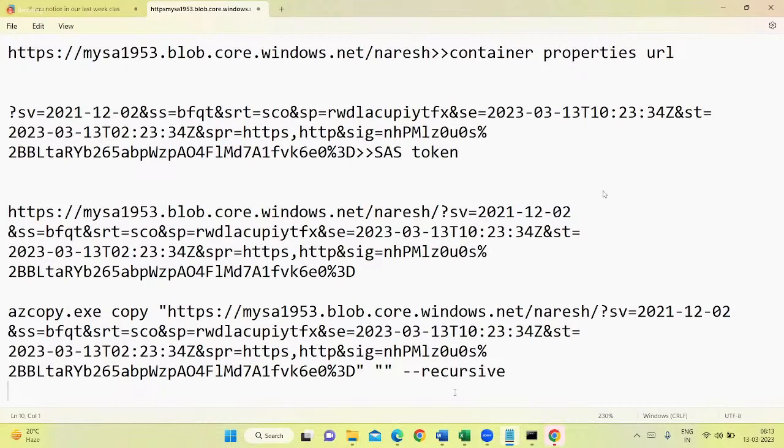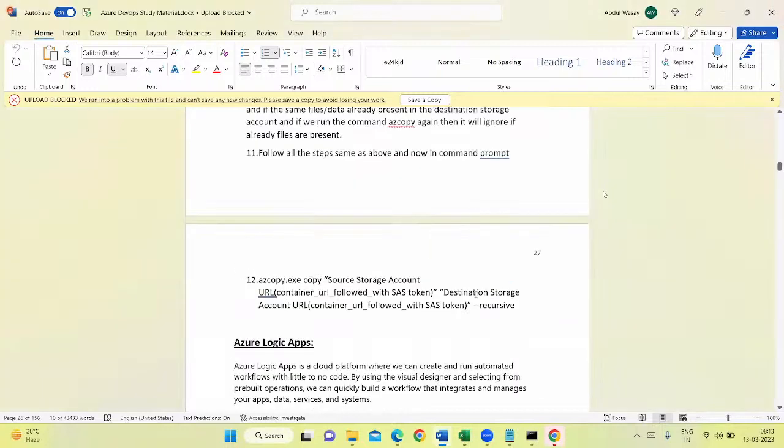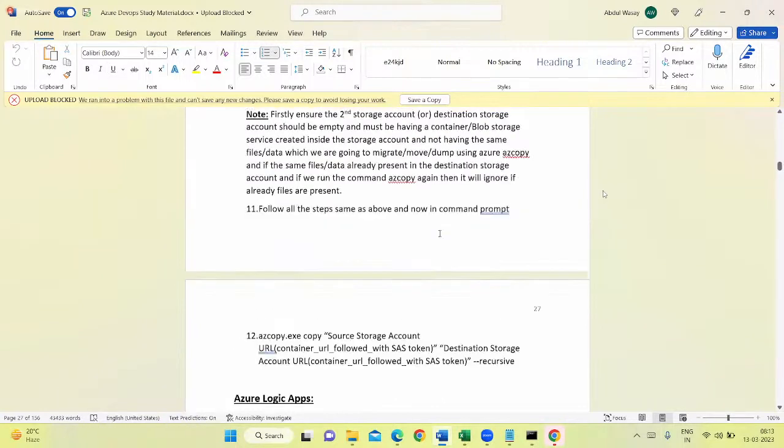That is the second demo that I'm going to give you as an assignment. Follow all the steps same as above, and now in command prompt, source storage account URL, destination storage account URL, hyphen recursive. That's it. So what you are doing here is moving or copying the data from one